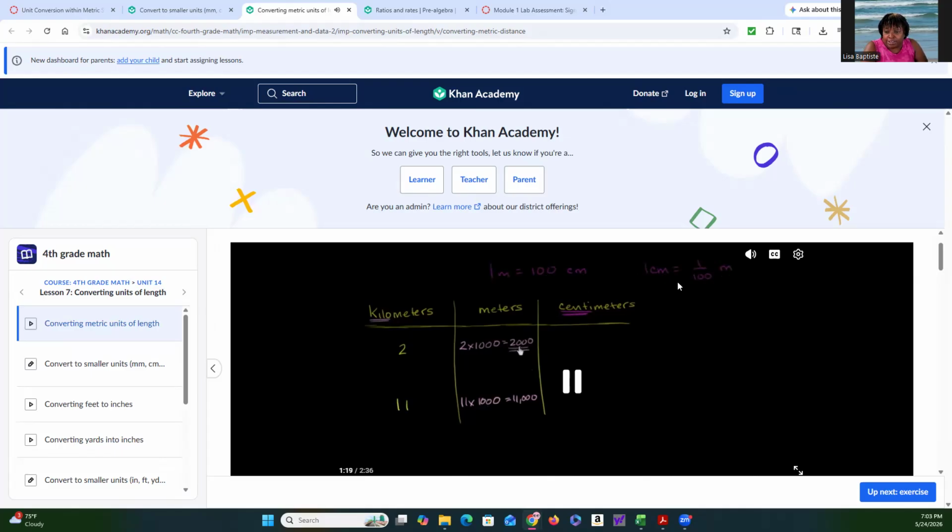And so we can also have the equality here that 1 centimeter is 1 over 100 meters. All right, so we have 2,000 is the number of meters, and we want to multiply that by 100, which is how many centimeters in a meter. When we do the math for that,